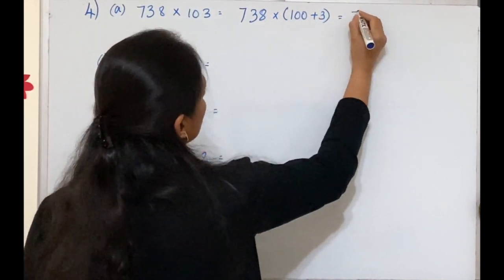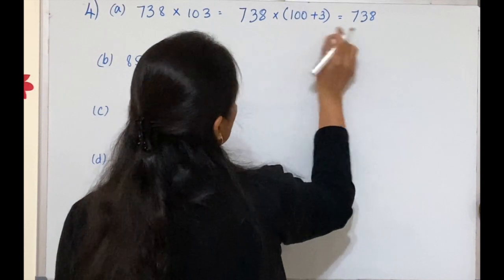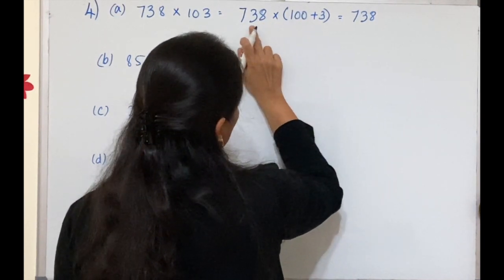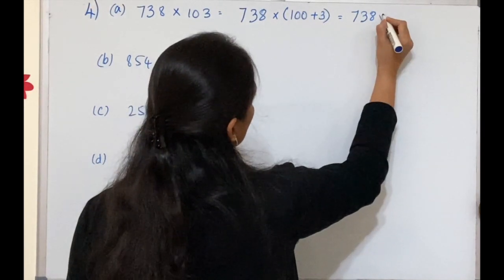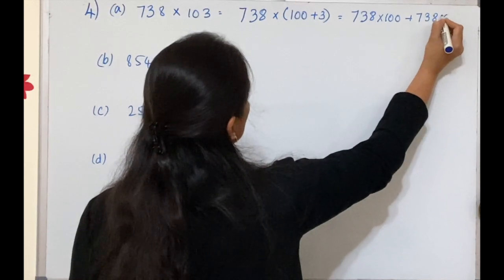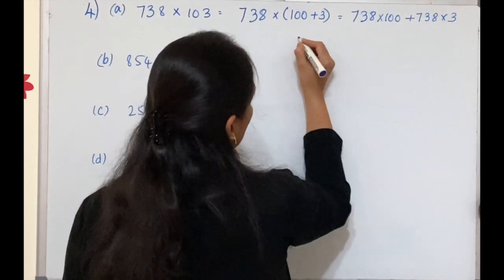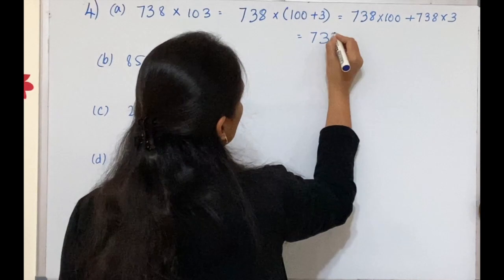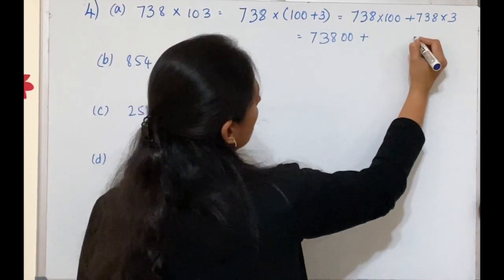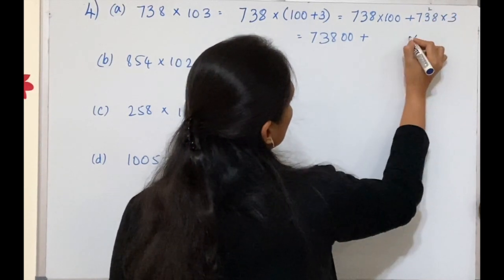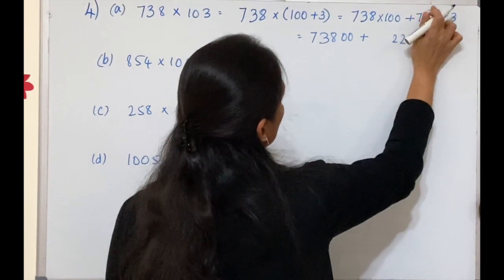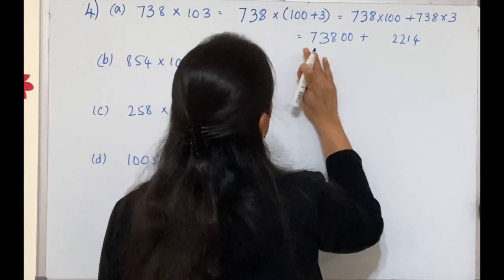This is now 738 into 100 plus 738 into 3. Now this is 73800 plus 738 into 3 is